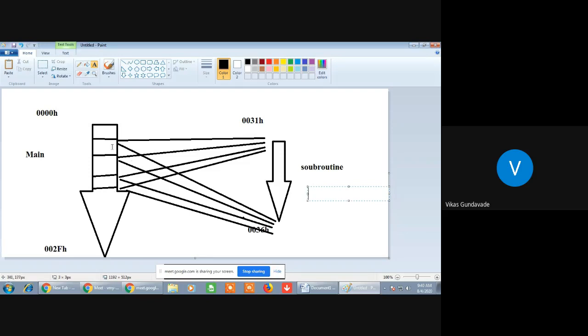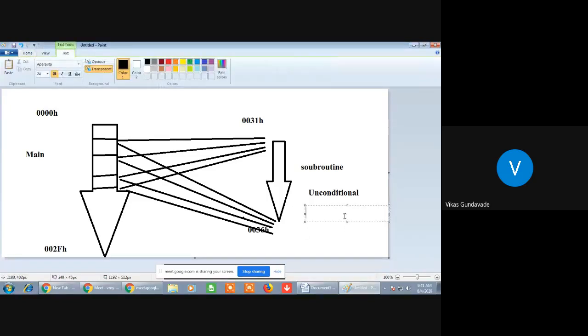So if no conditions are provided, such branching or jump is called unconditional branching or unconditional jump. And if conditions are provided, then it is called a conditional jump.